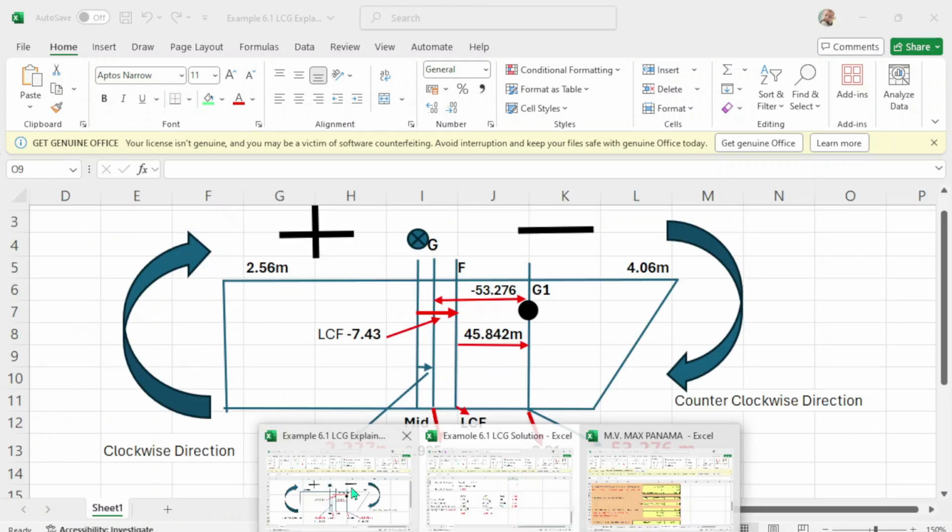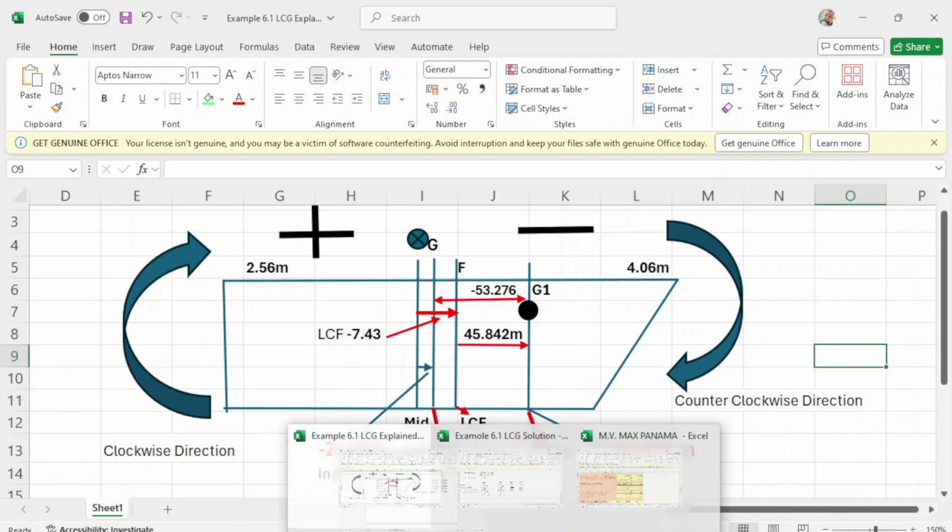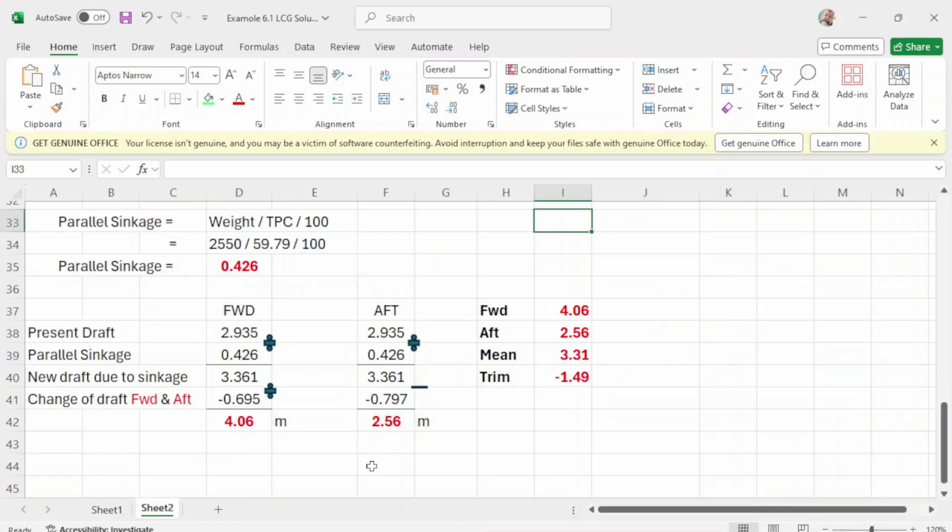By the figure alone, because all the cargoes are loaded in the forward part, the tendency of the vessel is to go counterclockwise, meaning to sink. The vessel is to sink, meaning you will have more drop. So you add. So forward drop, you add. That will be 4.06. Okay.